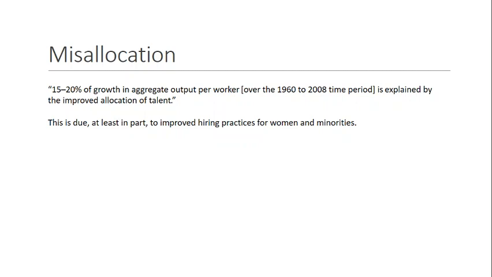So if we look from 1960 to 2008, workers got more, and there's more and more output coming from workers, right? More and more output coming from workers. And 15 to 20% of that output is explained by improved allocation of talent alone, right? So in particular, what we're talking about is if you go back to 1960,